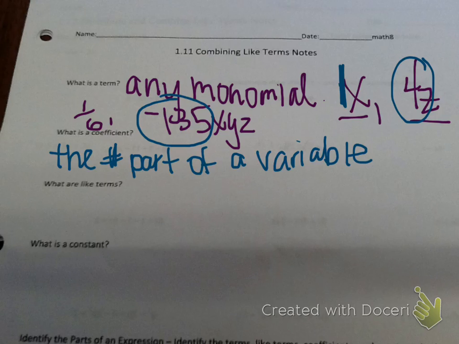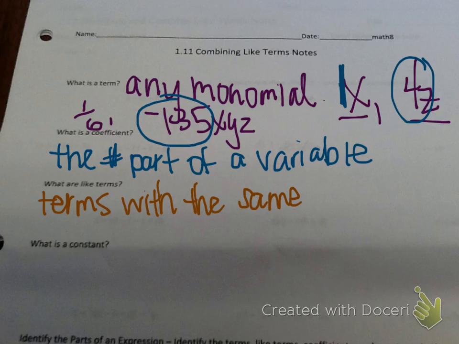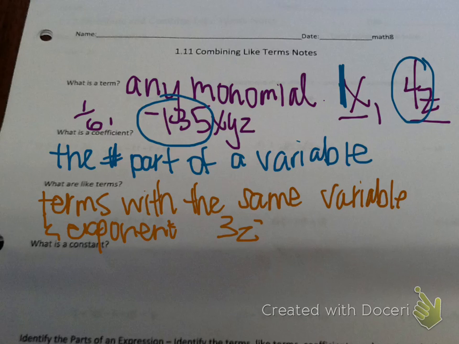Like terms are terms with the same variable and exponent. So, for example, 3z squared and negative 8z squared are like terms,